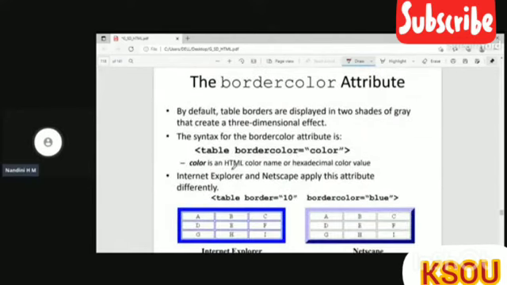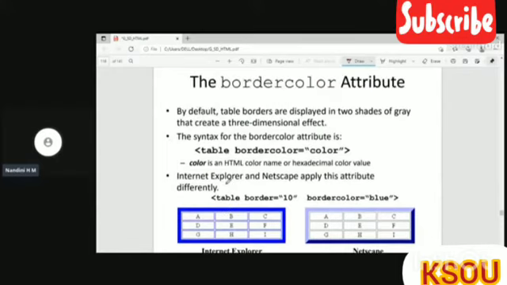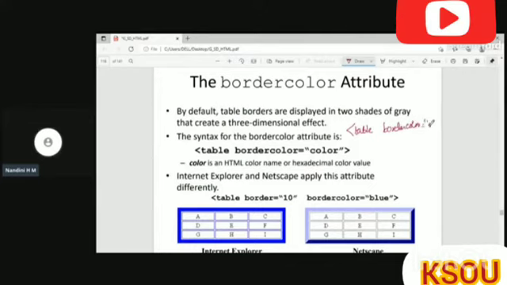And we can even set the border color. Background color is different from border color, right? Background color fills the cell part, whereas bordercolor gives the color to your border. In order to set a border color for a table, within the opening of the table tag, you have to give a space and use bordercolor is equal to, within double quotes, specify the color. So this is the attribute name and this is the value. You can give any color here.